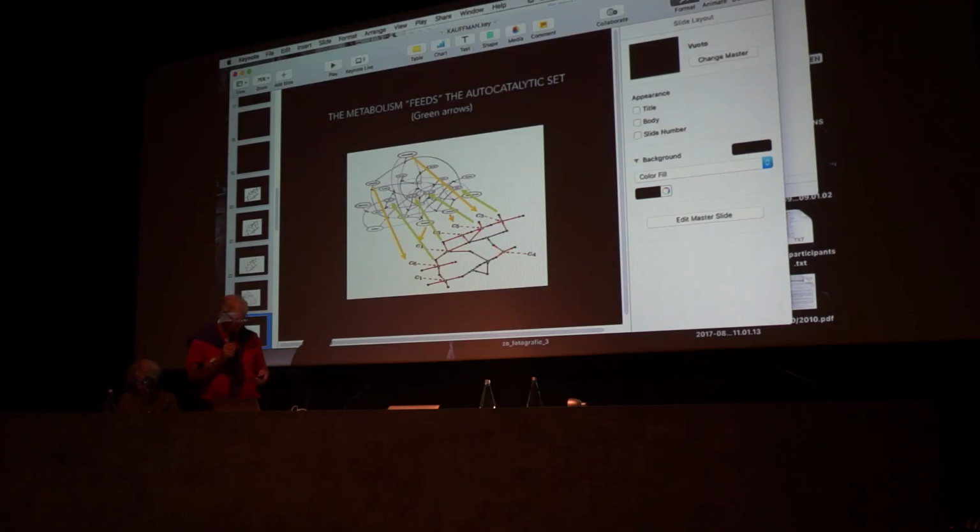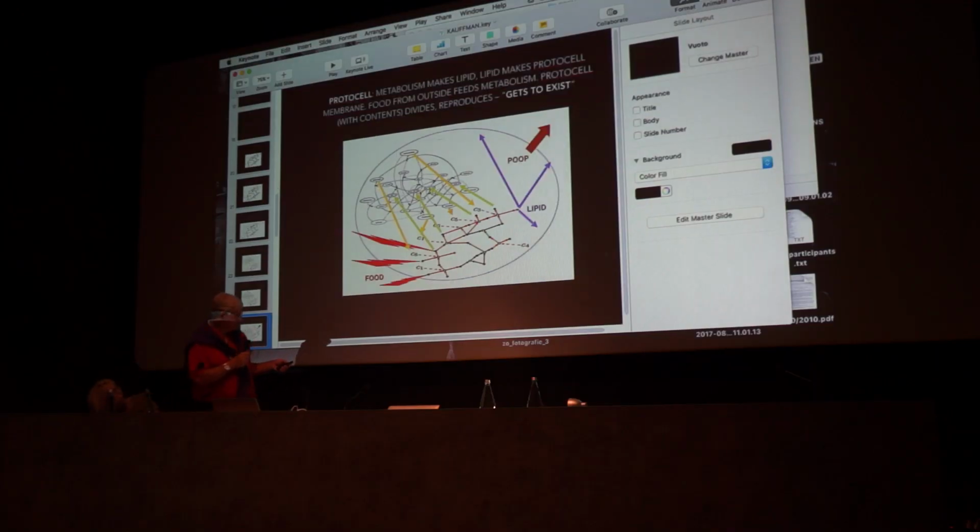For that, we have to imagine that our metabolisms make some lipids. Well, okay, we can imagine that. So here it is. So this is my protocell. The purple are the lipid membrane. The metabolism makes lipids. The cell takes in food over its boundaries. Here's the metabolism. Here's the collectively autocatalytic set. And these things will, in fact,